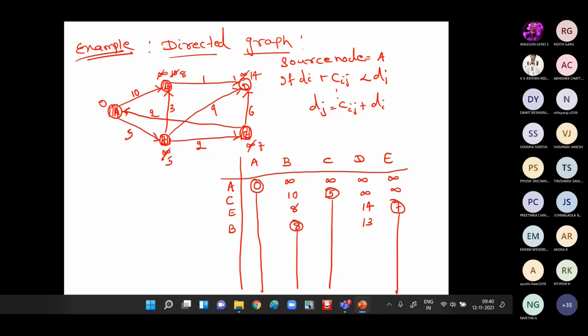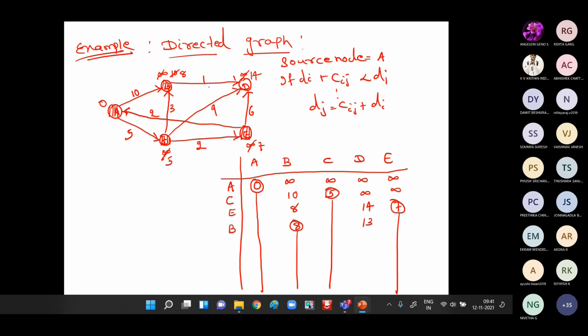If you want, you can strike out and rewrite it again, or leave it as it is, because you have to just remember the things. So the cost of B is 8, which remains the same. B is connected to D, that is the only path available. B is not connected to A, B is not connected to C. C to B is only connected. So B to D only we have to find out.